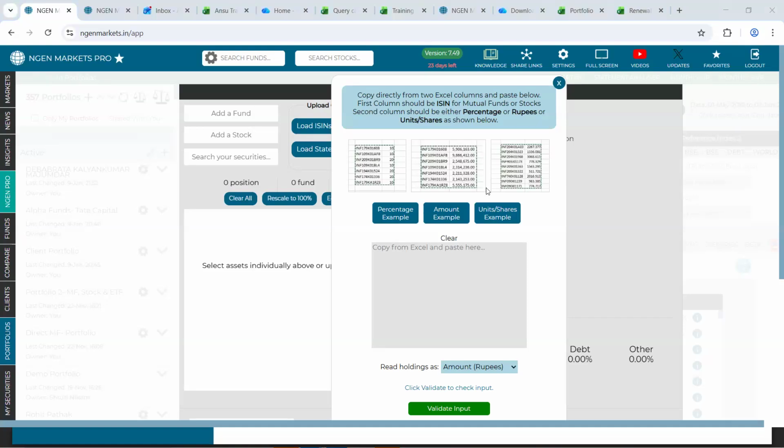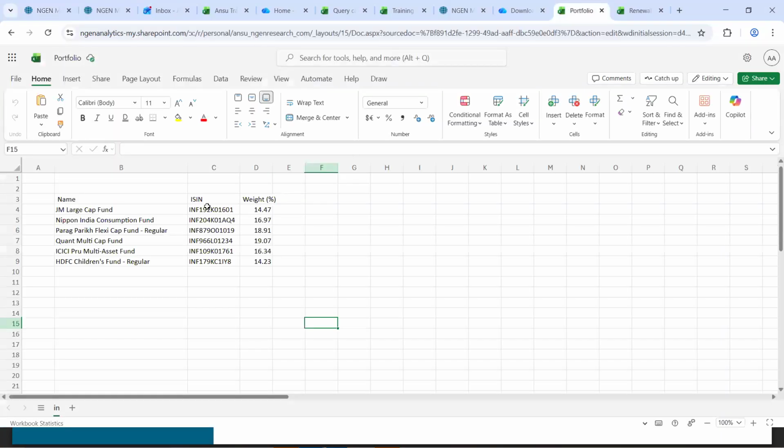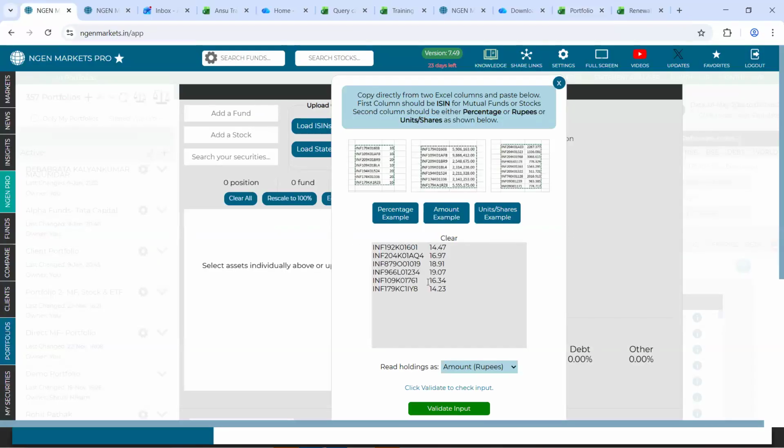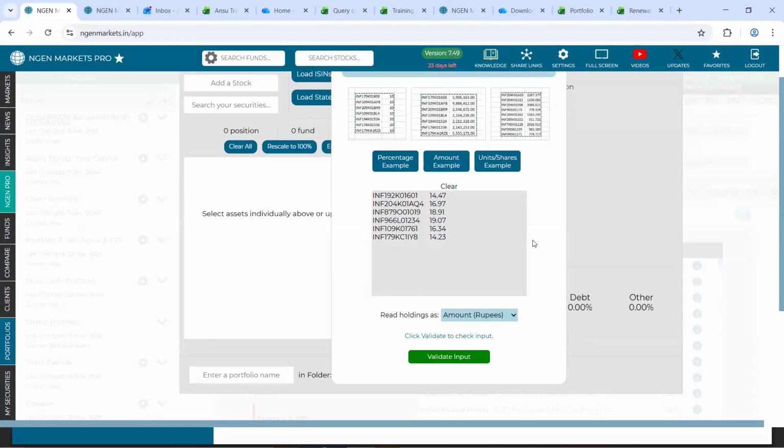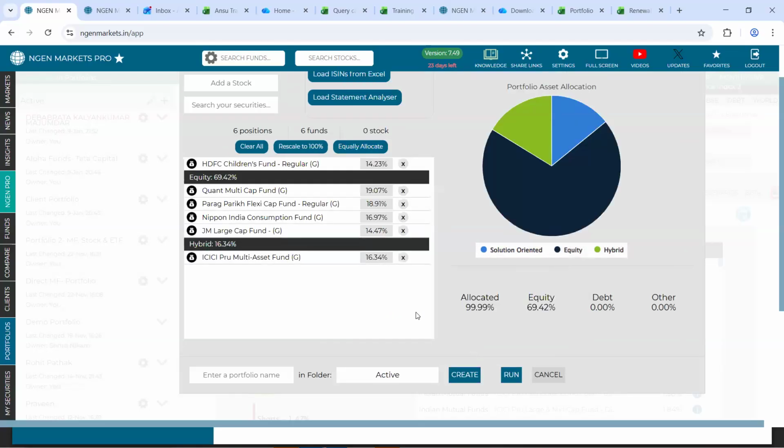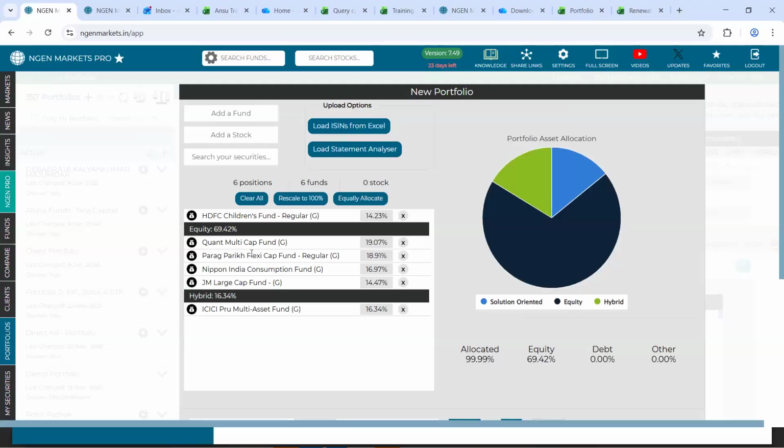So I have an Excel sheet ready with me wherein I have the ISIN and the respective weights. All I'll be doing is copying this data and pasting it right here. Post that, you just let the system know what has been taken in the second column and then you simply validate the data. Once you validate it, the scheme name automatically gets picked up basis the ISIN and the allocation accordingly comes up.